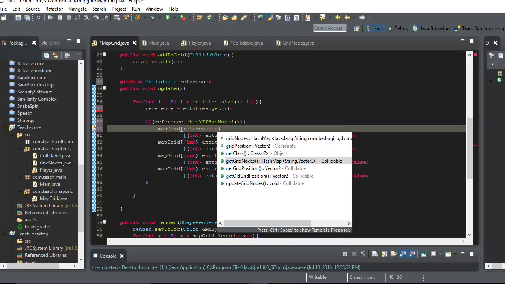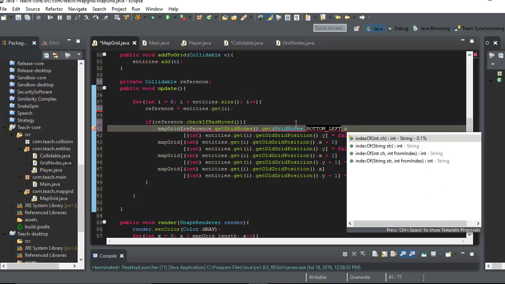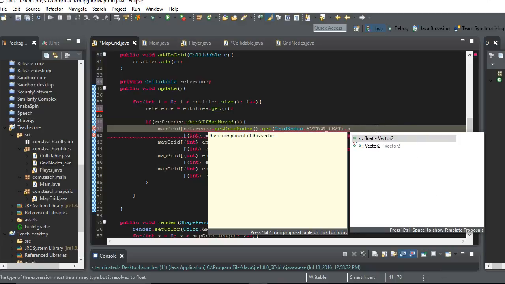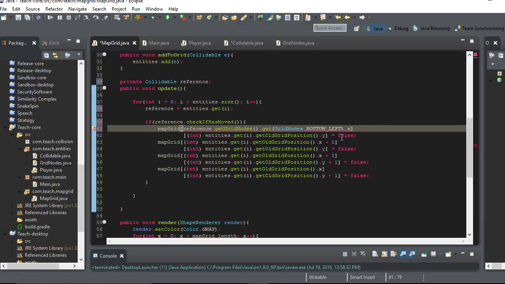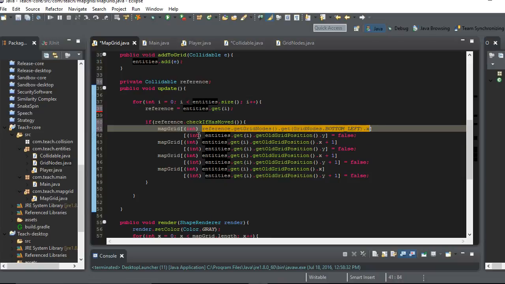gridNodes.get, and then we're going to do gridNodes.bottomLeft to start, and then we call .x. Oh, did I click insert? That's the death of me. Let me just make sure. .get(gridNodes.bottomLeft.x), and then we close the bracket. Insert always kills me. Add cast type. Oh, it makes us. That's why. So now we're grabbing the bottom left